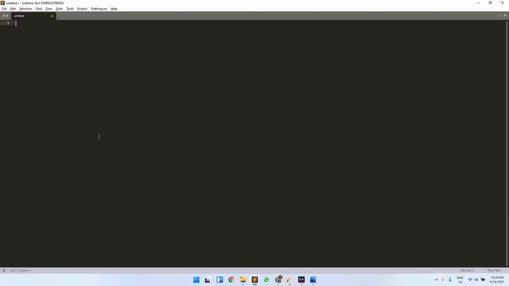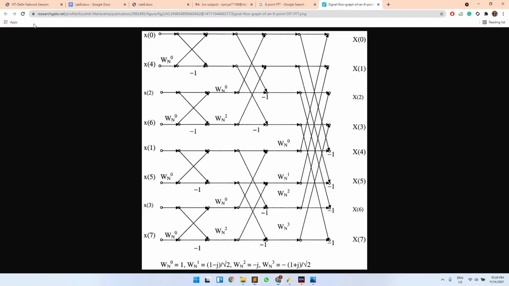Let's say your X input for the ith location, represented in binary form, is 0, 1, 1. Then after bit reversal this data will go to the location 1, 1, 0, which is the reverse of your input bits. This mapping is done in the bit reversal so as to rearrange your input values for the FFT.